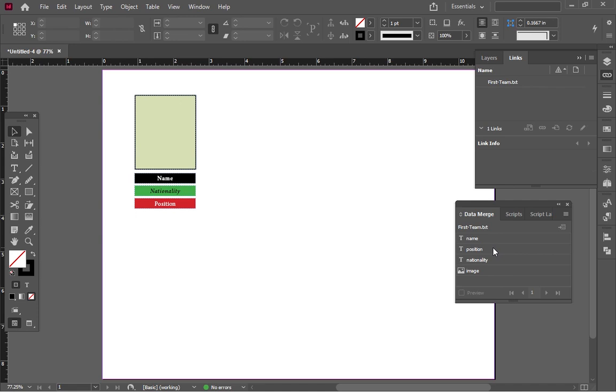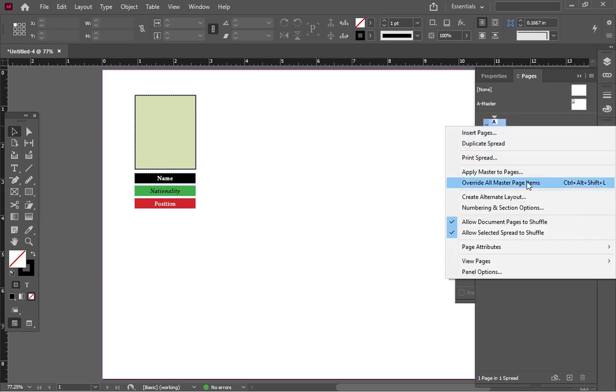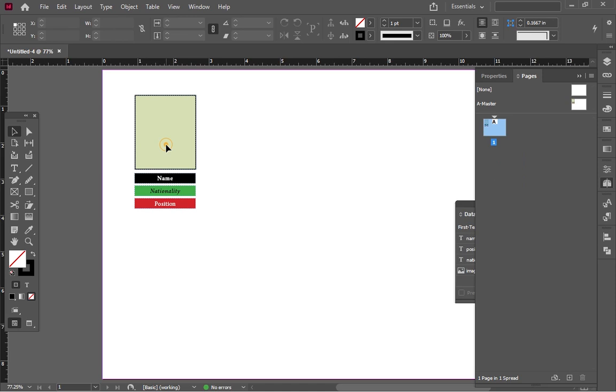Now since I'm in my main page, this place is locked. So either I come to my pages, right click, and override master page items. So now it is called parent page. If I don't do override, then I have to shift control click